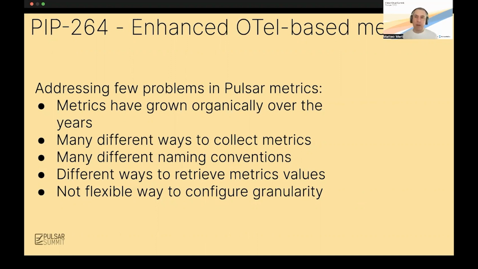Like if you have topic aggregation or namespace aggregation, there is no flexible way of configuring the granularity of aggregation. So you can have either per namespace or per topic, but what if you want to have, say, just a few metrics, say backlog, rate in and rate out, per topic, and the rest you just want to have per namespace? So we are addressing all these issues in this PIP 264, and